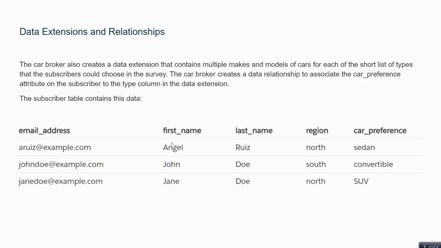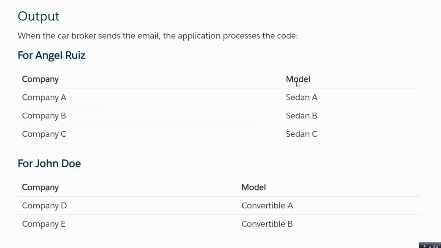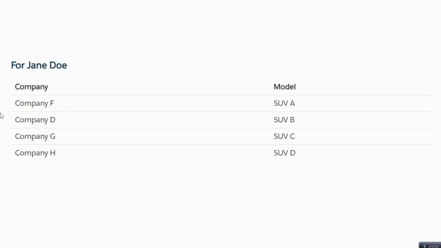So now, let's say the first one is Angel. For Angel you have sedan, so you get the entire details displayed in Angel's email as sedan and all the models related to it. Similarly, for John Doe it will be convertible, and for Jane Doe it will be SUV.